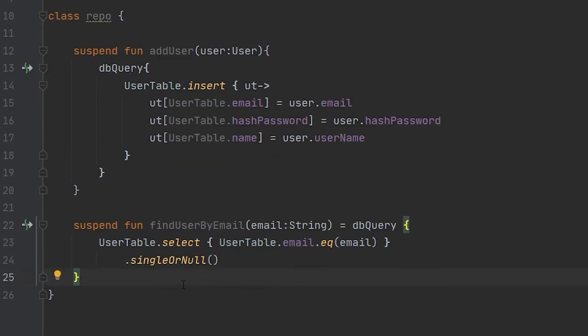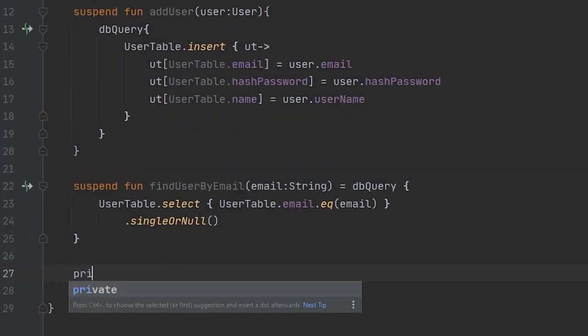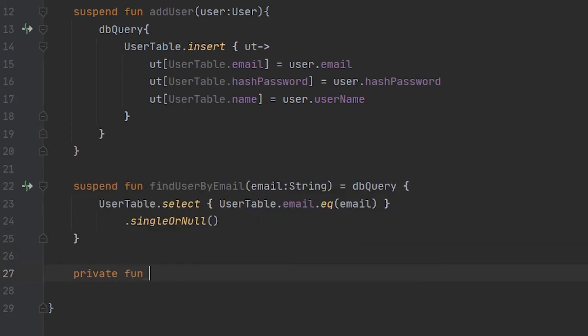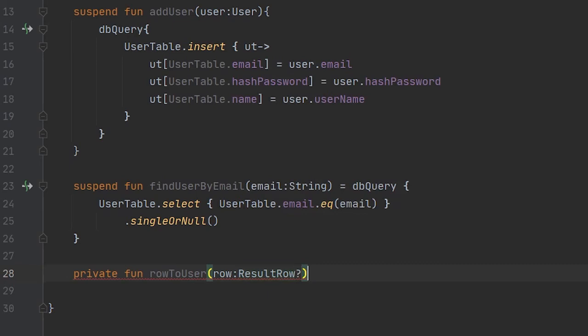We have to create a function in which we convert this result row into a user. Let's create a function. It will be a private function, and it will be rowToUser. It will take a row as a parameter, of type ResultRow, and this row can be nullable, and we will provide a user, and it will also be nullable.